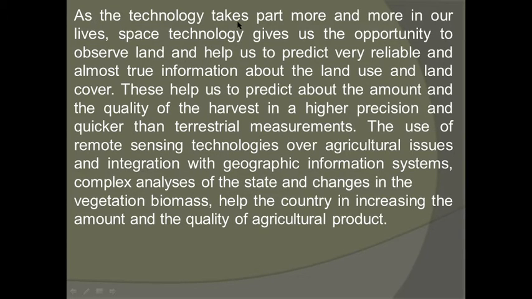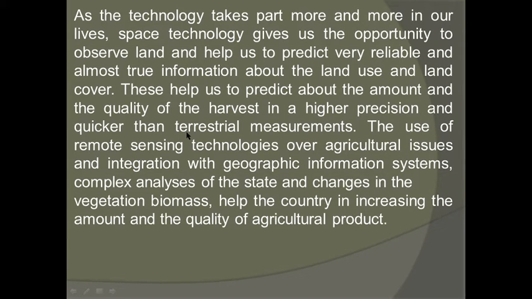As technology takes part more and more in our lives, space technology gives us the opportunity to observe land and helps us to predict very reliable and almost true information about land use and land cover. These help us to predict the amount and the quality of the harvest with higher precision and more quickly